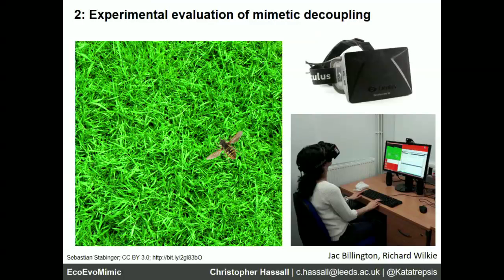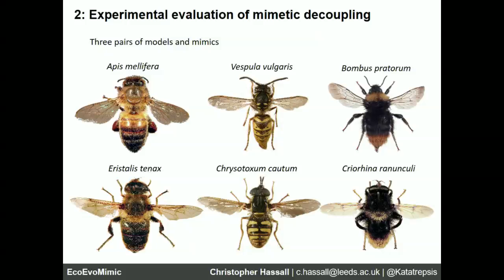I've got a really great collaborator, Jack Billington at Leeds, with whom I've been working quite closely for the past year, and we've been building these computer games, producing immersive environments for human participants to act as predators to look at selective pressures. So that's my very patient PhD student, Gio, who's demonstrating in the corner there. And what we did was we presented the participants with different types of insects based on a series of different model mimic pairs. These are your traditional, if you work in Batesian mimicry in this system, you know you've got your basic honeybee mimics, your wasp mimics, and your bumblebee mimics. So we presented one example of each kind within the experiment.